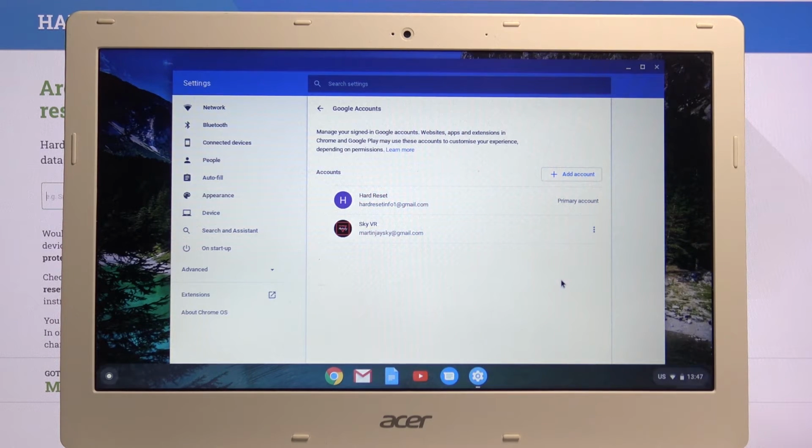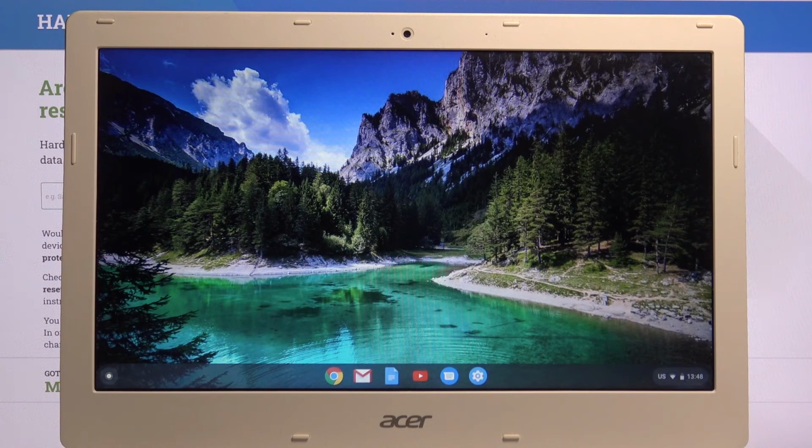but that is how you would add it. And to remove the account once it's added, assuming it is not the primary account but just an added one, you can tap right on the three dots and remove this account, and there we go, it completely disappears. So that is how you would add or remove the Google account,